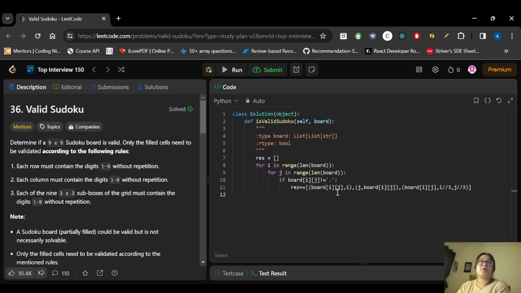This is how we will be calculating the result. After that, we will check if the length of result is equal to the length of set of result, then it is true, otherwise it is false.